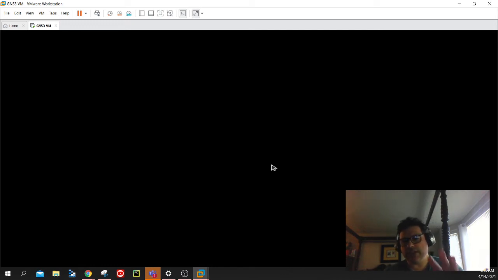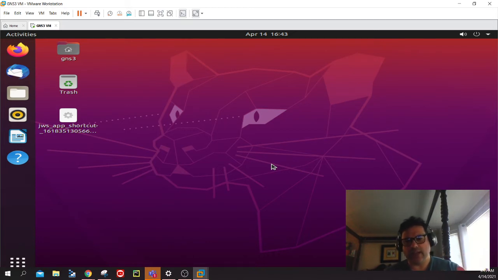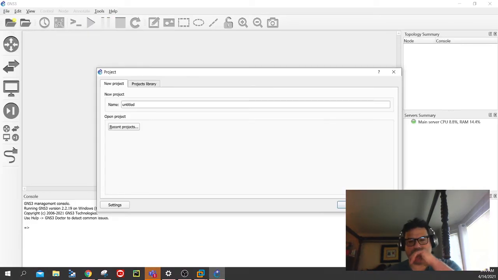Okay, so now the GNS3 VM is running. Services are up. We'll talk about the interfaces that GNS3 has in a second. But now we're going to switch gears and launch GNS3. Okay, so if the GNS3 VM's running, you did a good job when over here, the main server. This is the main server of how I have it configured to connect to that VM. Okay, you did it right when